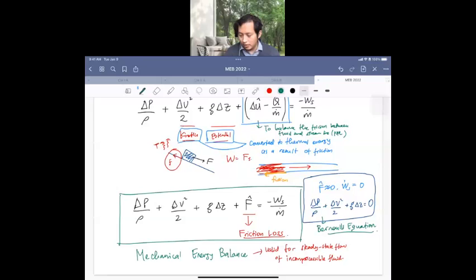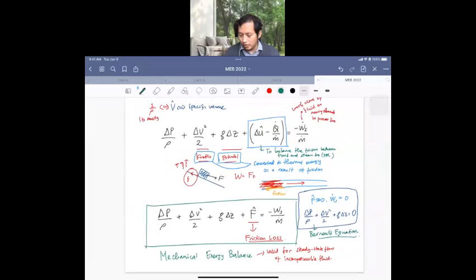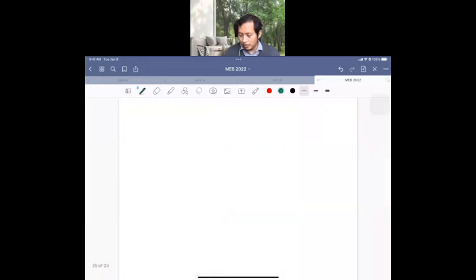Maybe I'll give you one example of this mechanical energy balance. Perhaps this is the last section of today's class. And maybe the example from the textbook I will give to you next week. And be prepared for a quiz, maybe next week or in 2 weeks. I will put information later. But let's start with the